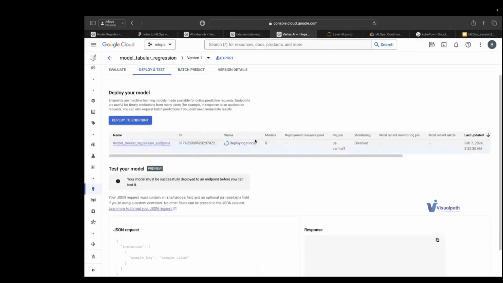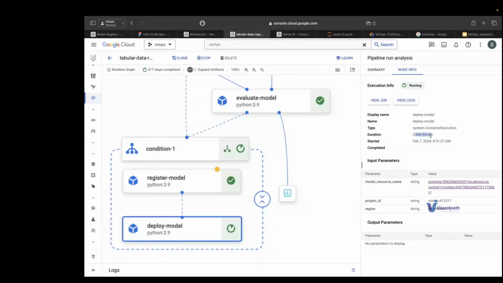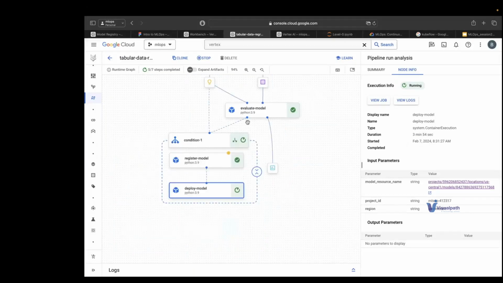The last update was at 8:32. So from my knowledge, it will take about 10 minutes. So this pipeline has only taken 3 minutes 54 seconds. Usually it takes 10 to 15 minutes to run this component. Okay. So we can maybe cover something else, and then we can see how this has been deployed to the endpoint.